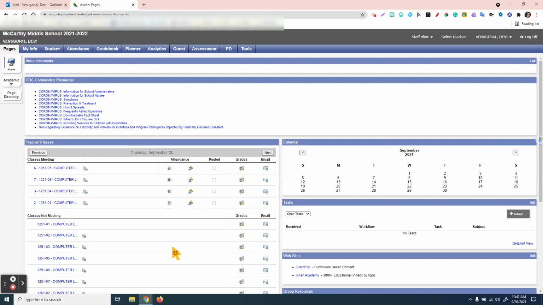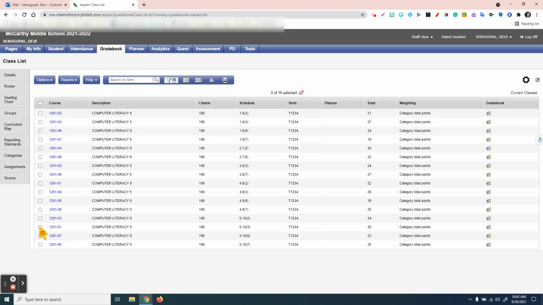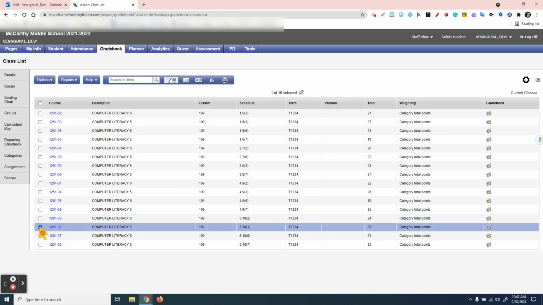This video is going to show you how to create a seating chart in your X2 for each one of your classes. Once you've logged into your X2 account, click on Gradebook, select the class for which you want to set up your seating chart, and on the left side, click Seating